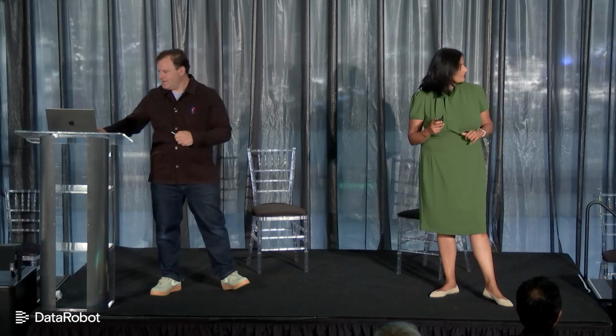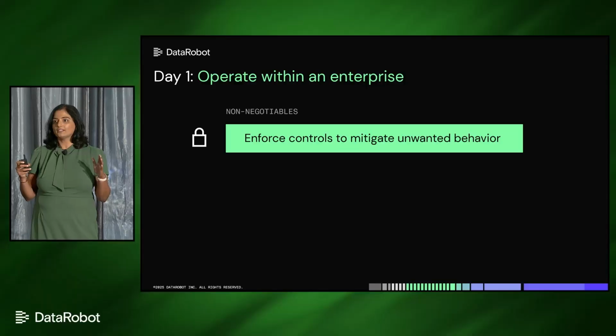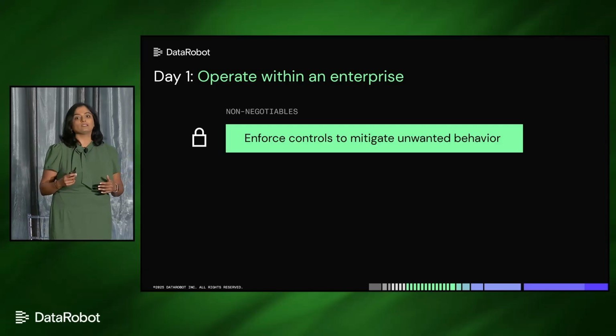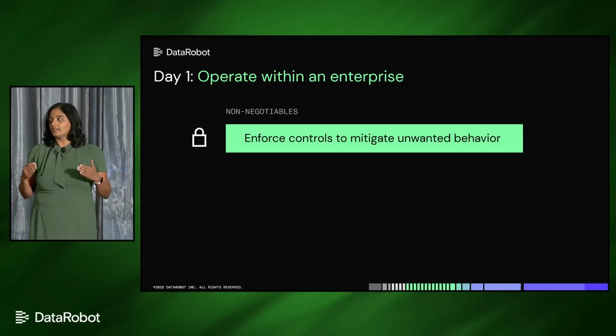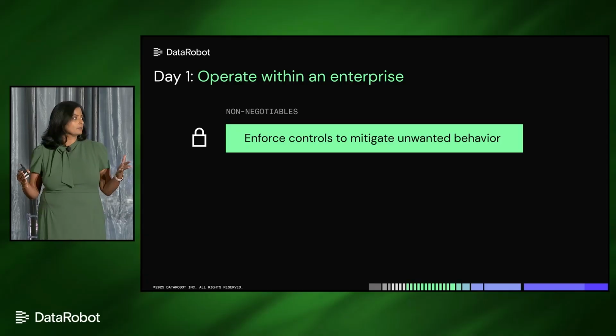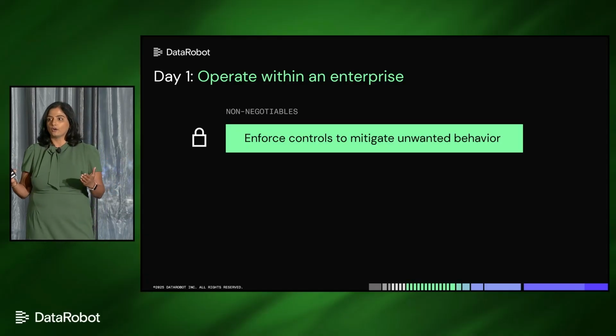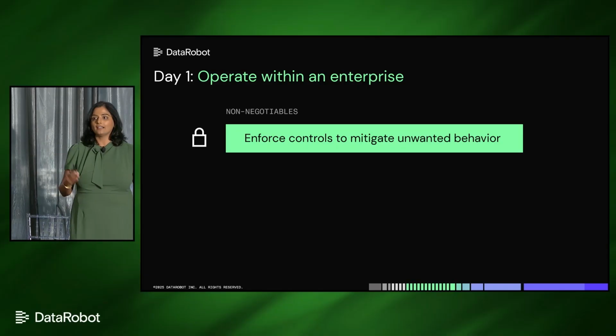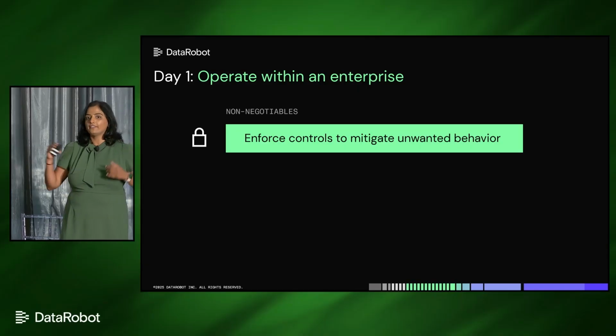But let me, again, try to summarize it and give our audience here some non-negotiables that they should be thinking of at day one. So at day one, first and foremost, you need to ensure that you have the controls to auto-mitigate any unwanted behavior and end-to-end monitoring so you can keep track of what your agents are doing. And this is not something that you think of once you deploy agents into production. You really need to be able to red team and test these ahead of time and then hit the go live button.